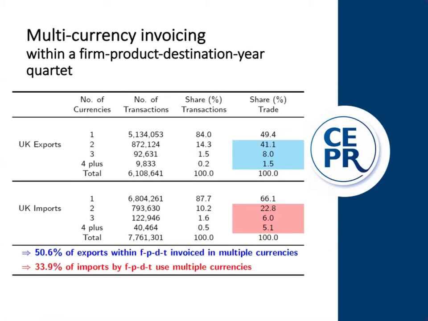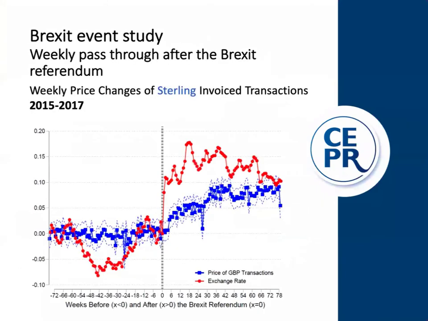We also see that for UK firms that are importing, about a third of firms that are importing are receiving the same narrowly defined 8-digit product invoiced in at least two currencies. So if we move on to the next slide, the first margin of adjustment we saw, our surprising thing, is that British firms are actually using a variety of different currencies. Sometimes they're changing the currency of invoicing within a year.